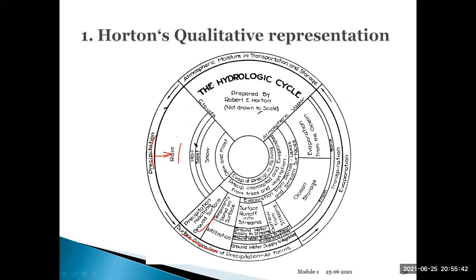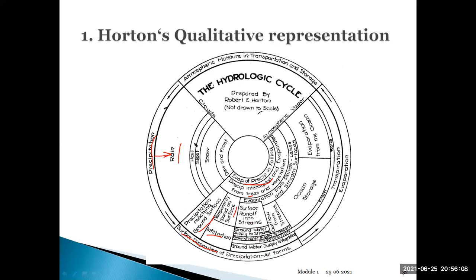Some of the precipitation, that is dew and frost, evaporates while falling itself, and some will be intercepted and evaporate from the trees and vegetation, and some will be temporarily stored on the surface, and some quantity of water will infiltrate and reach the groundwater